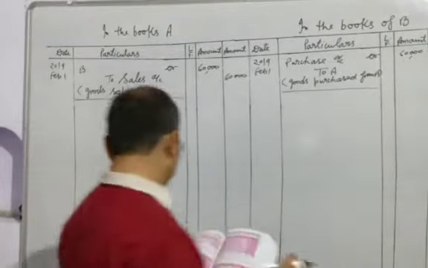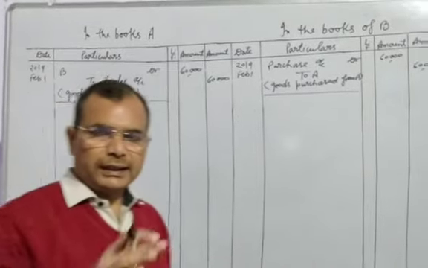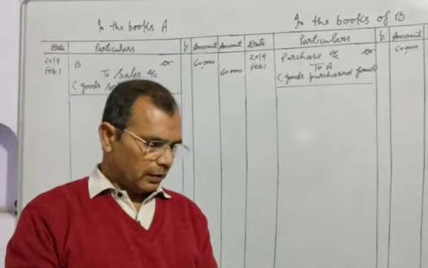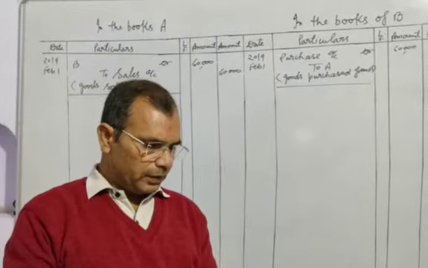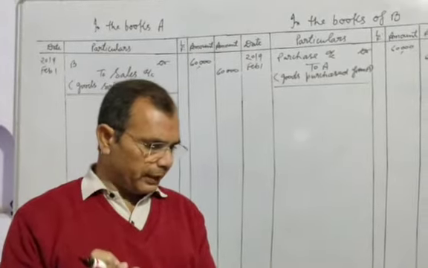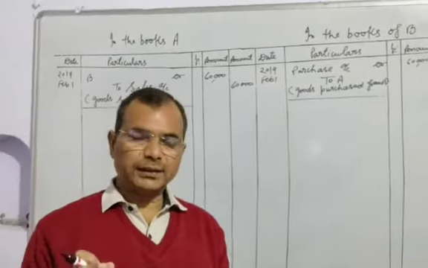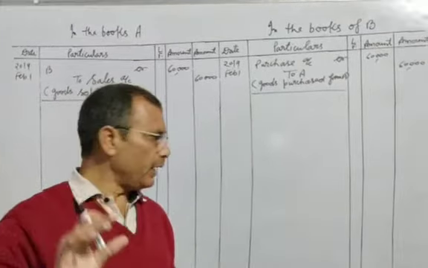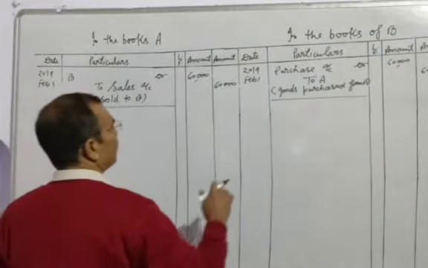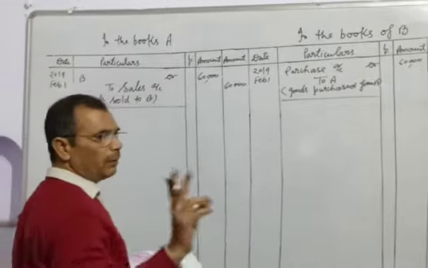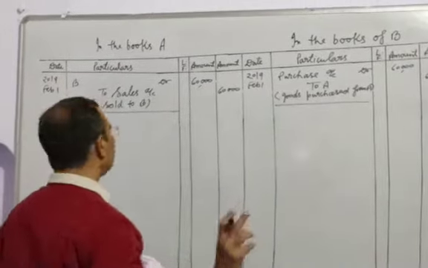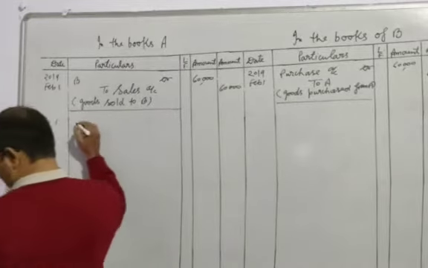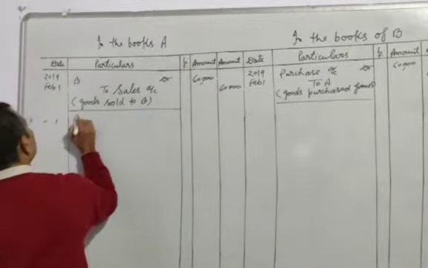After doing this, now the different thing in this question is given: A drew upon him three bills of exchange. Now A is writing the bill on B, but not only one bill is there, there are three bills. So how will we make the entry? The date will be the same and the entry will be like this: